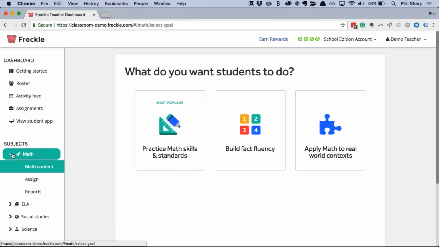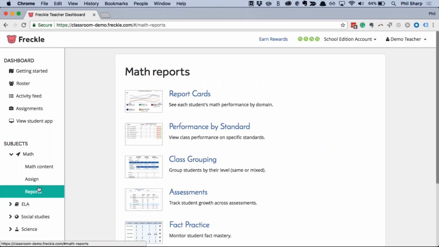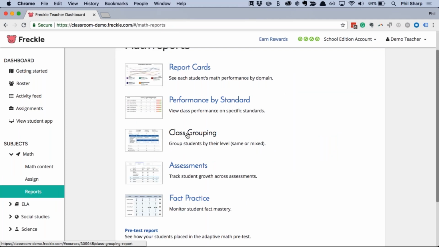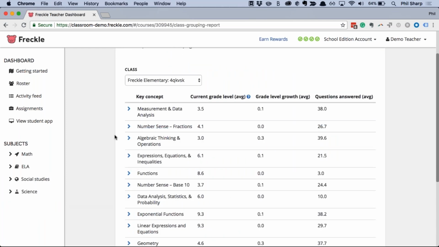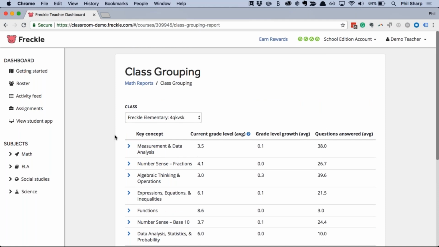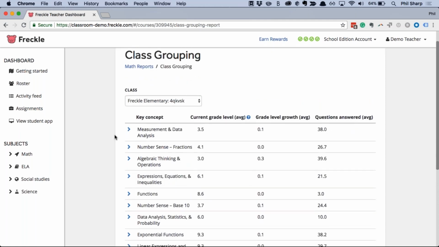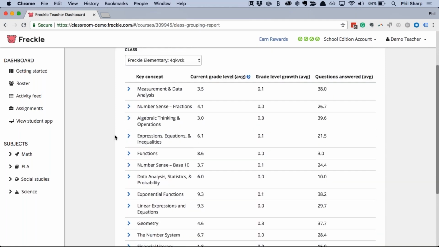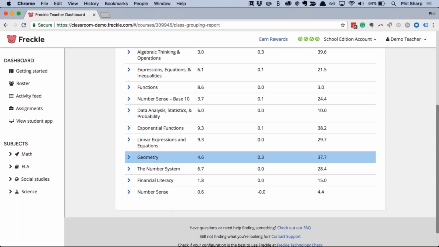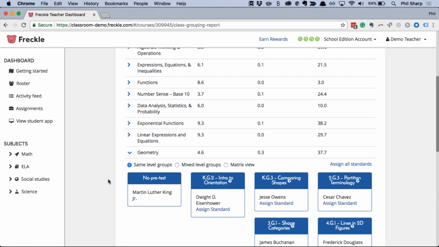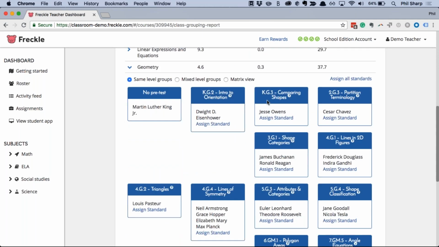Okay, let's go back to our math reports. Now let's look at our class grouping report. That's the last one I want to look at together here in math. We've opened the class grouping report, and this one you can dig into by key concept. So again, I'm going to look at geometry. If I hop in and look at geometry, I can see exactly what level all of my students are